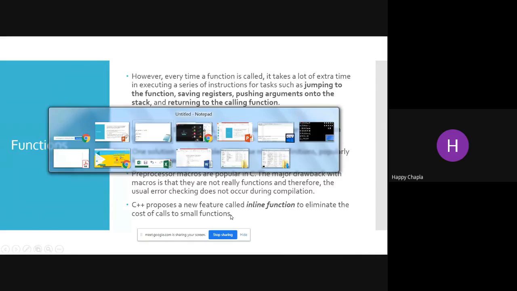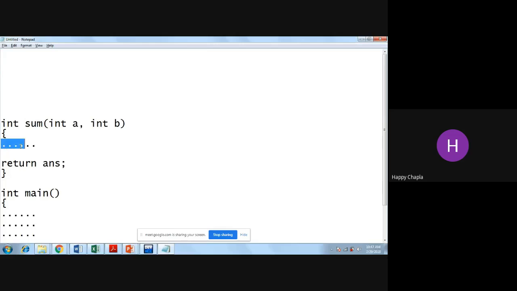As we have discussed, if my function is only a single line, it still takes some more time. The overhead of the function is increased, so the function body takes only a small amount of time, but jumping, saving and returning from that function takes more than that time.